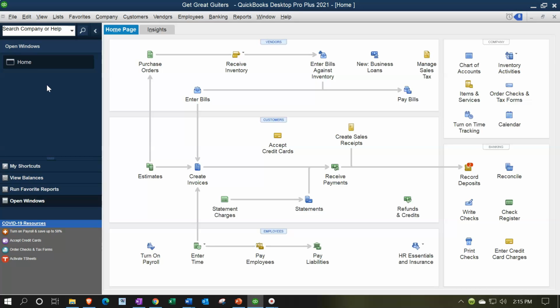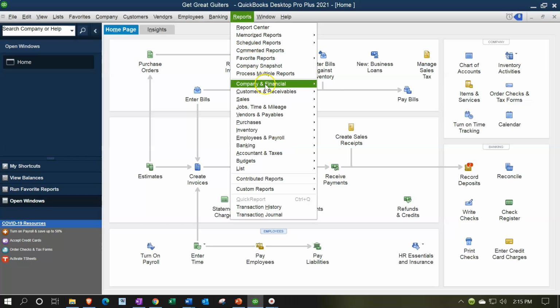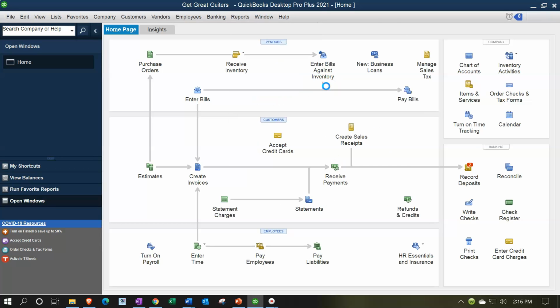We have set up categories for memorizing reports in a prior presentation. We will review those now. If you want to take a look at them in detail, you can take a look at the prior presentation. Let's open up a standard profit and loss first and see our objective. We're going to go to the Reports drop-down, Company and Financial, open up that standard P&L, that standard profit and